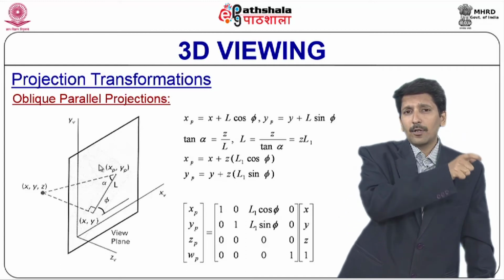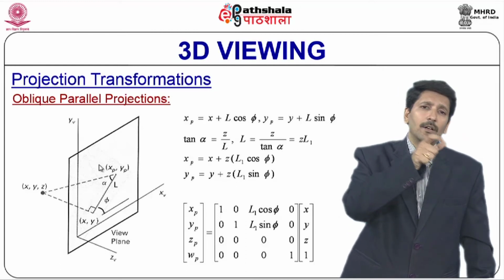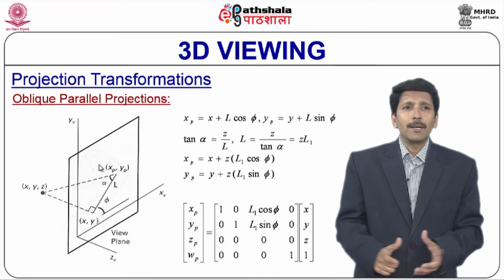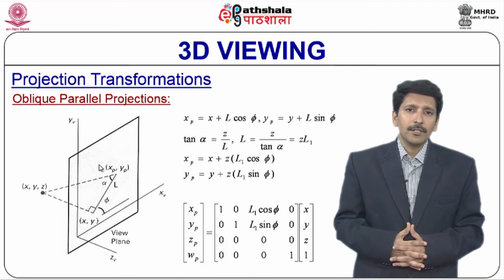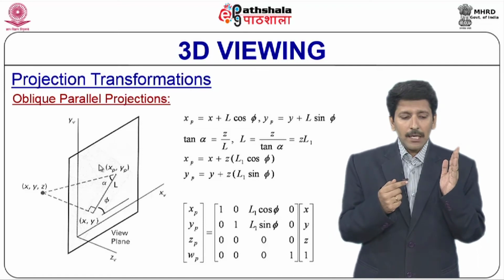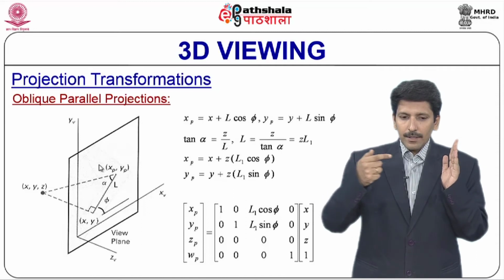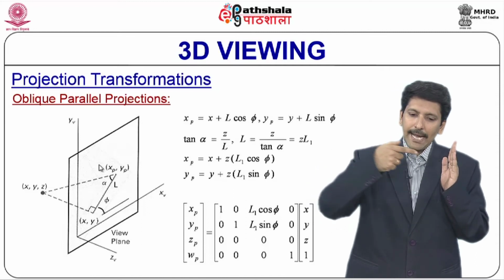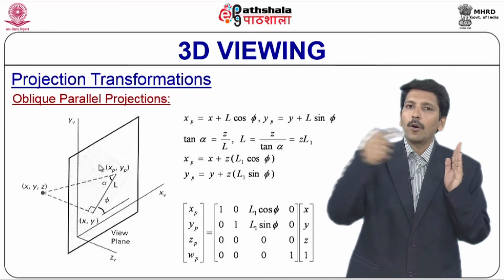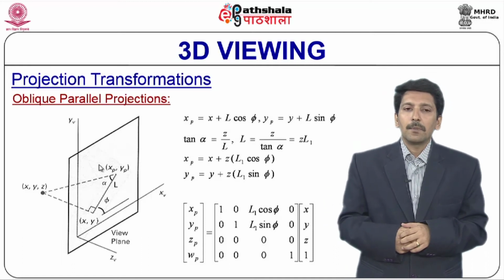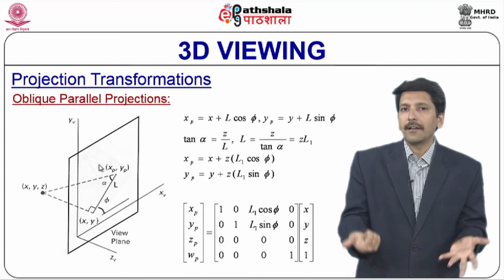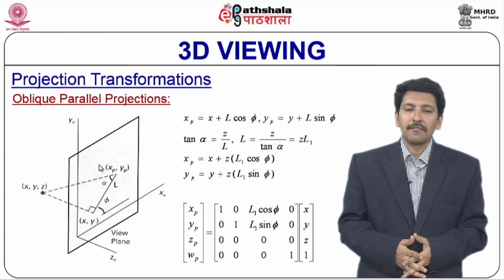Orthographic are classified into axonometric, multi-view, orthographic, and so on. And let us look at how we project using oblique projections. What is an oblique projection? Again, let me give you a recap. When the lines of projection make an angle other than 90 with the view plane, we call that projection an oblique projection. So, oblique is an inclined angle other than 90. If it is 90, it is orthographic.